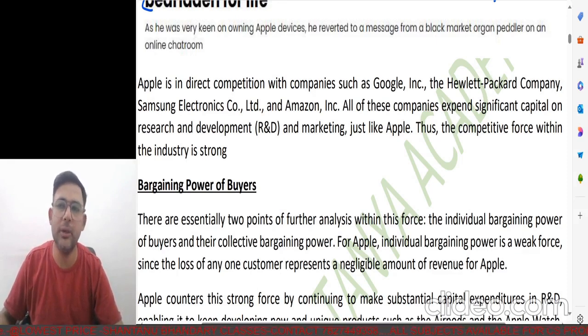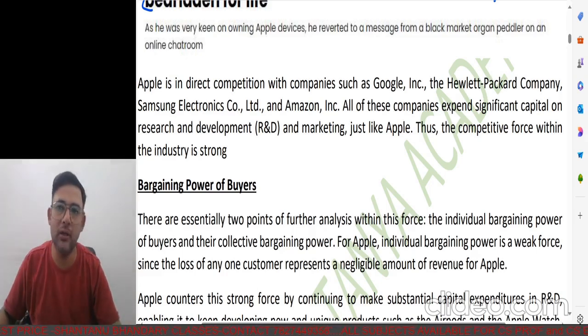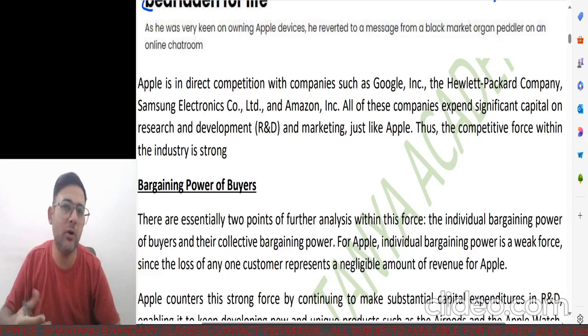It did work out, but it didn't see that exponential growth because I think the phones were kind of costly as far as the Indian market is concerned. But anyway, the competitors are Google, HP, Samsung. Samsung is also offering very tough competition, I would say, to Apple. In most foreign countries, you will find that people are either using Apple or Samsung. They might also be using various other brands, but these are the two very common ones in foreign countries.